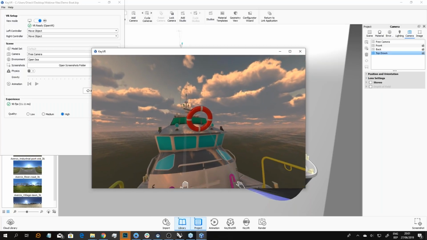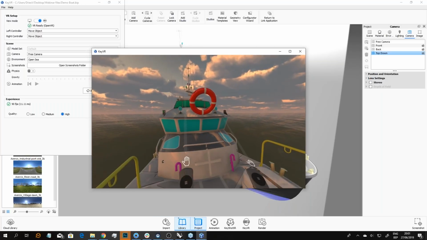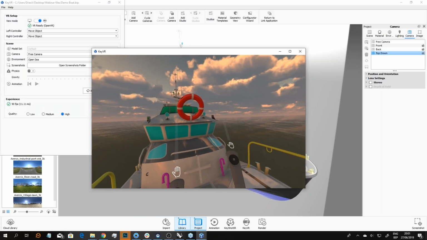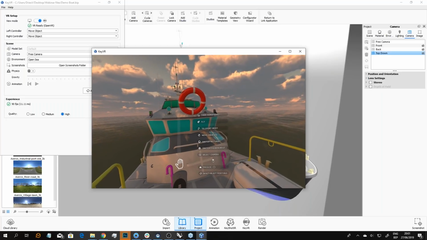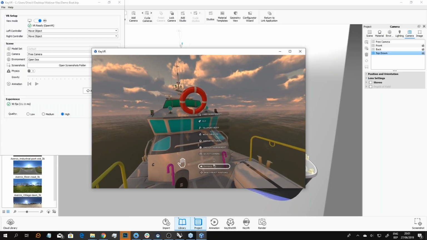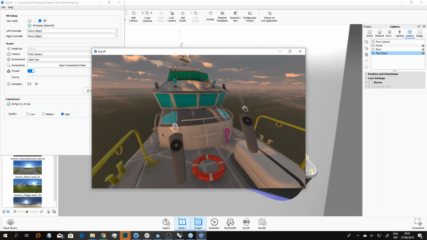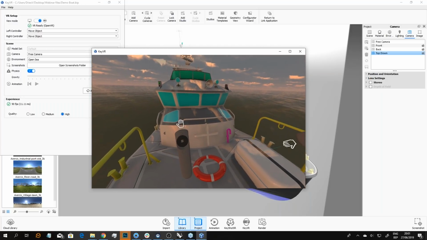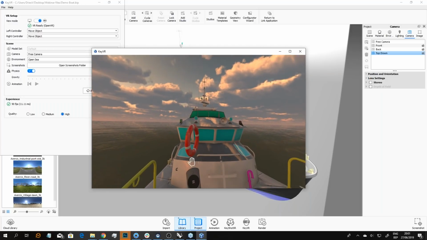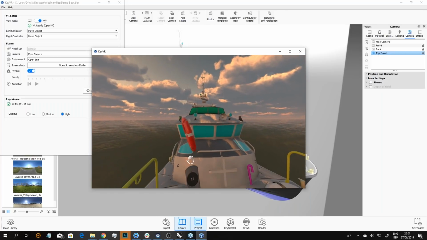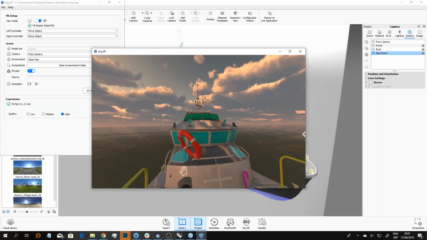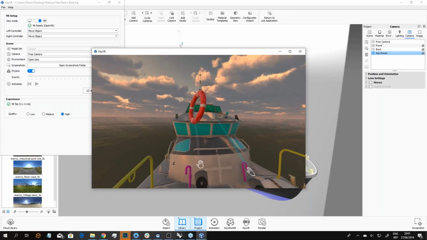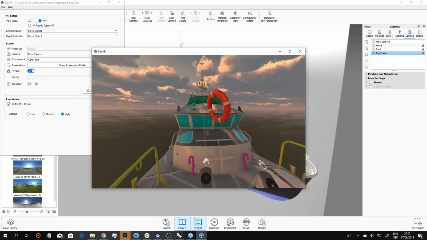Now, to make it be acted upon by physics, I have to again press this black button and then enable physics. And then you can see it actually bumbles about, and if I then pick it up, you can see it turns into kind of a lasso or wobbly effect. And then, so now if I want to face the sea,